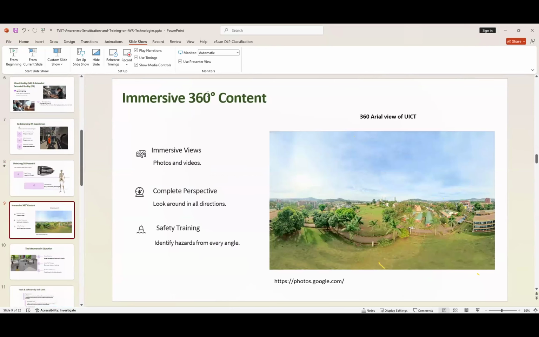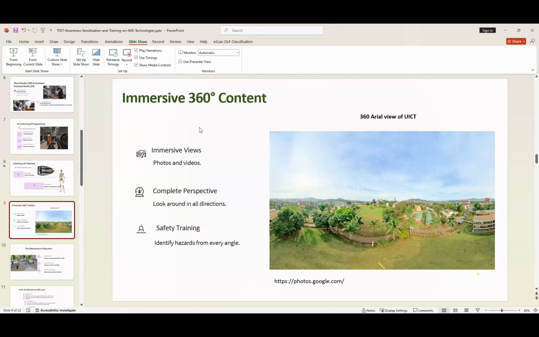So, and then we have 360. We've seen 3D and then we've seen 360. This is also another piece of content that you can create and have your class around. 3D is good for hands-on and practicals and all that. Then 360, I don't know how many of you have seen virtual tours, okay? Especially on YouTube, there are 360 videos. You're able to move around the space.